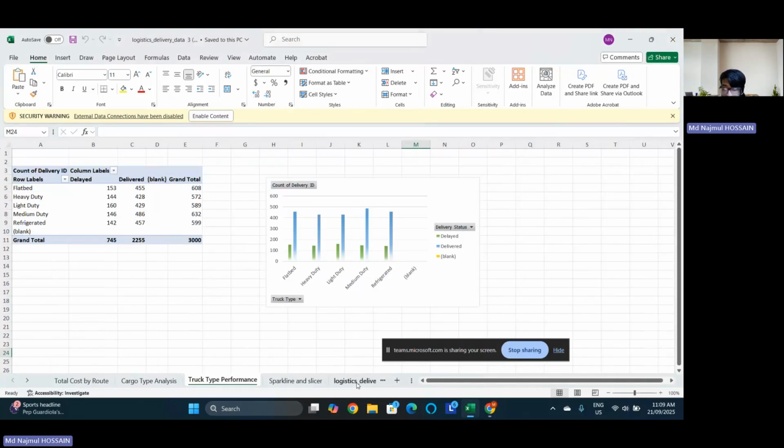Here we look at logistic delivery data. Logistic delivery data is the master data sheet and serves as the foundation for all analysis. It contains detailed records of each delivery, including delivery ID, truck ID, driver ID,